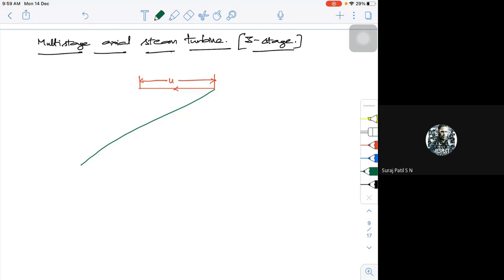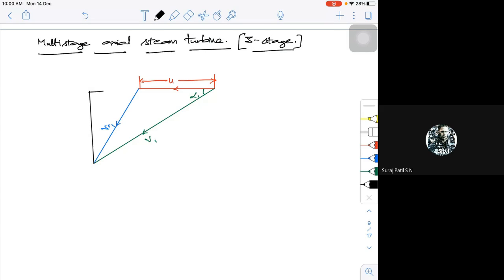This will be your straight line. Let me call this V1. In that case, this will be alpha 1. If I try to close this particular inlet triangle, this will be my VR1. Then, to complete my velocity triangle, I need to write the components of your